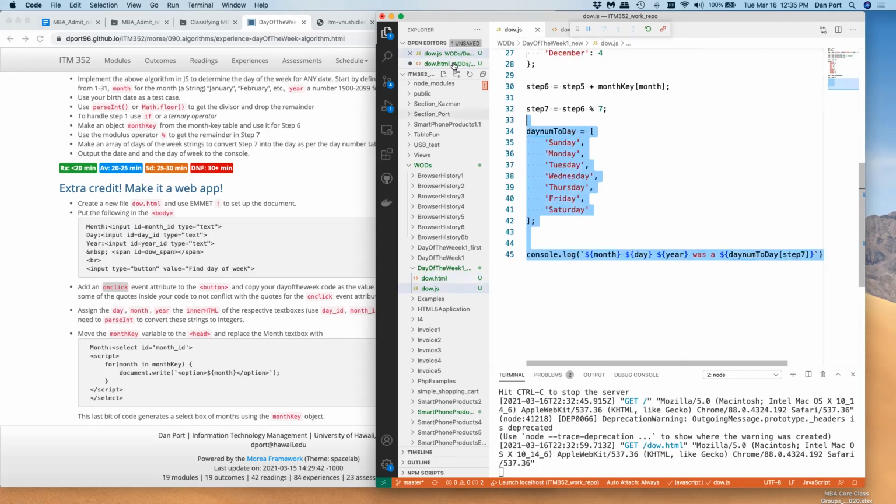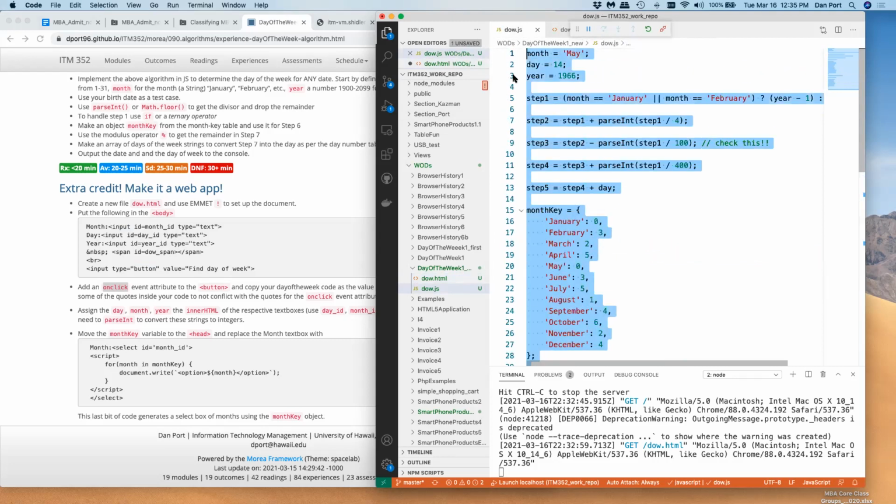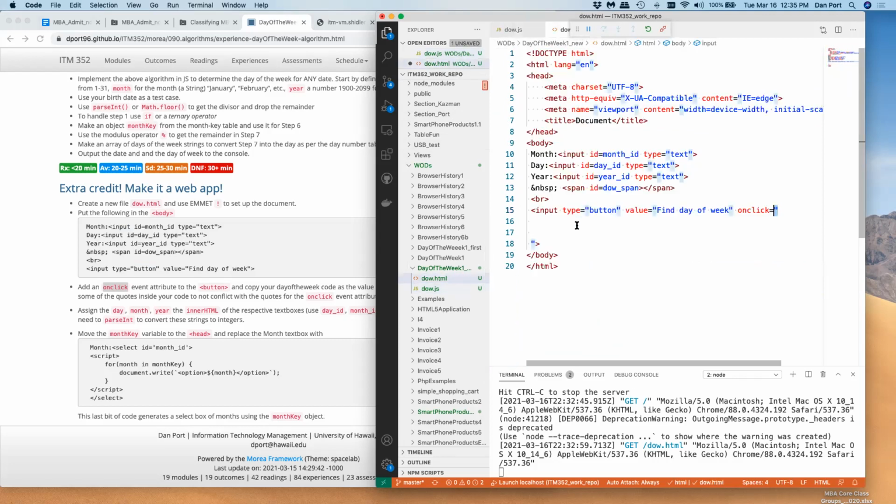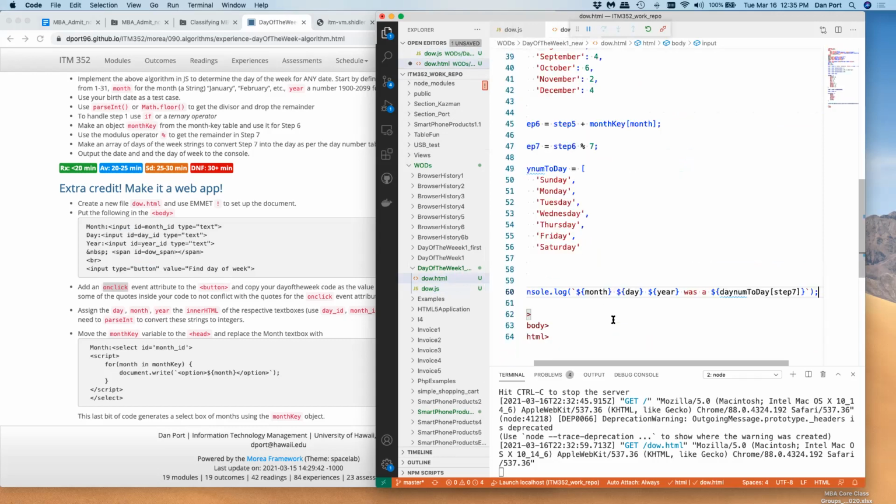So I'm just going to copy all this code here. Now, I don't need to copy this top part. Well, maybe I will copy that top part, but I'm going to copy this and then I'll put it right there. Okay, now the first thing I want to do is I'll save this and I'm going to try my code,